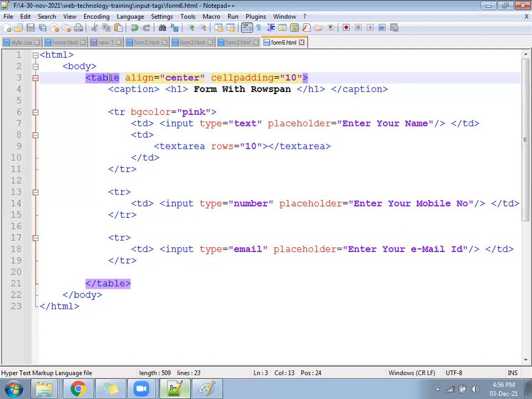Here also TR open, TR close. Here TD open close. Here also TR open close. Textarea, rows equal to 10. Save the file.